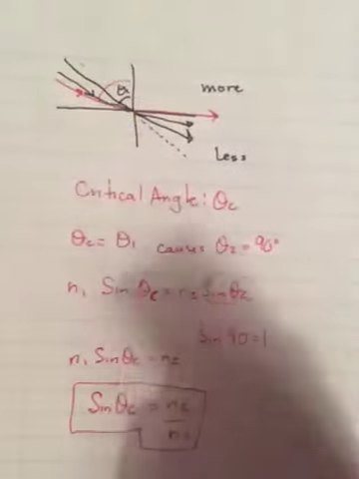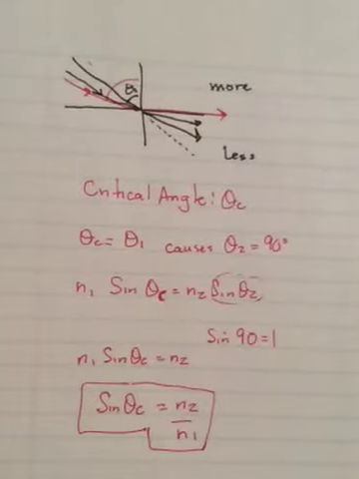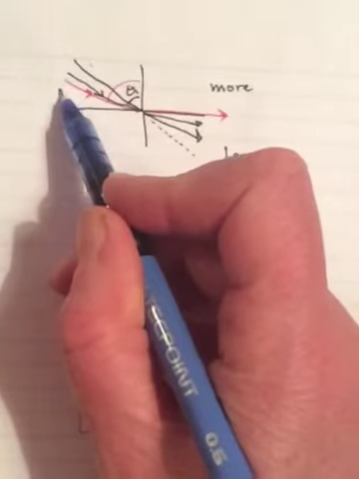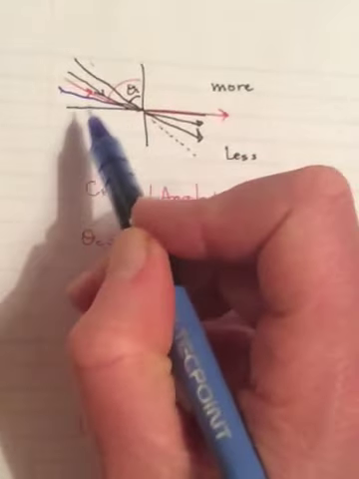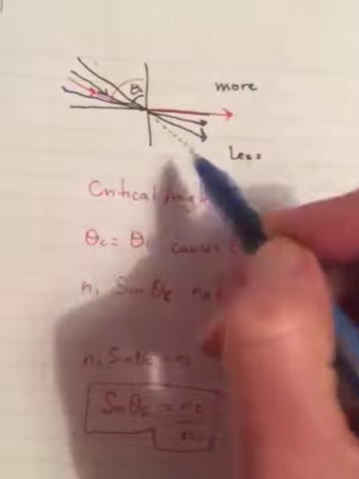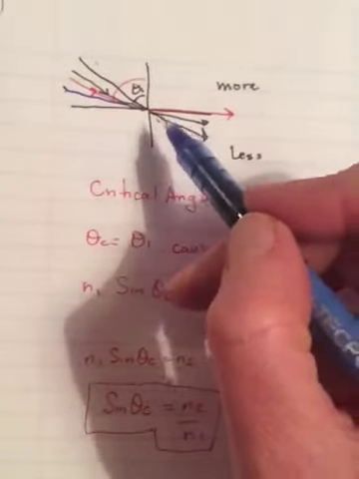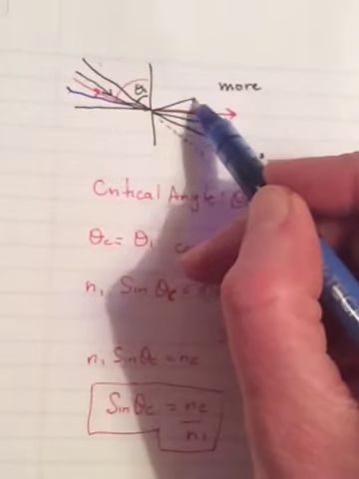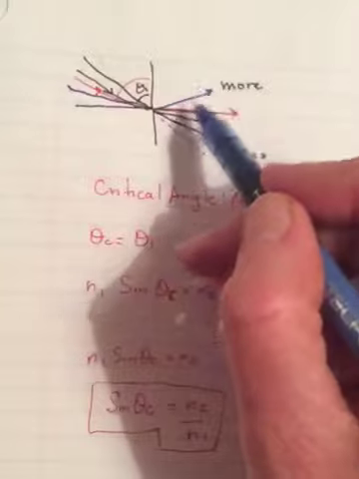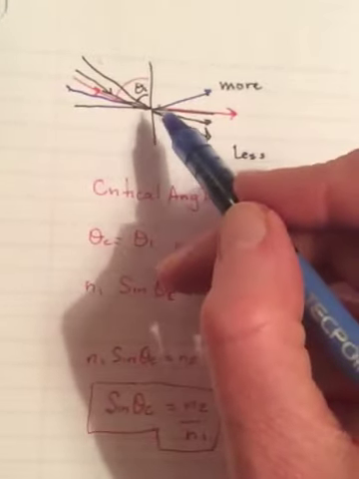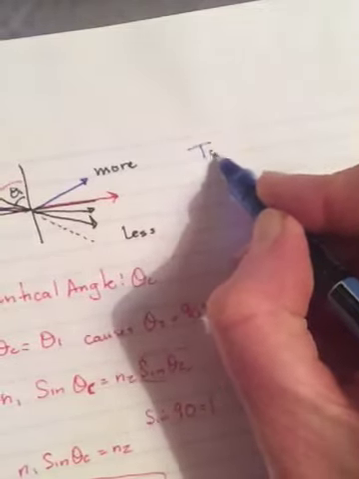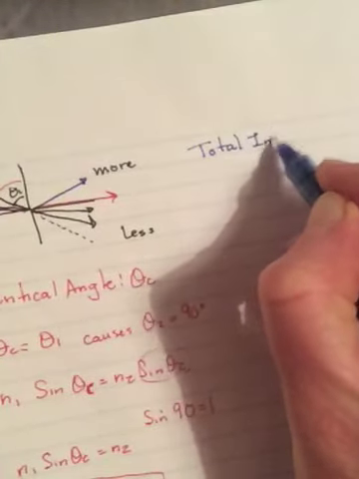Okay, something else cool happens though. What if I make my angle of incidence bigger than my critical angle? So what if instead of it being at the critical angle, the angle of incidence is really all the way down here? Then what's going to happen to the ray that should be refracting? Well, what happens is it's going to end up coming up here. It's going to get reflected back into the same medium. It won't refract at all. Instead, it'll get reflected, and that's something that's called total internal